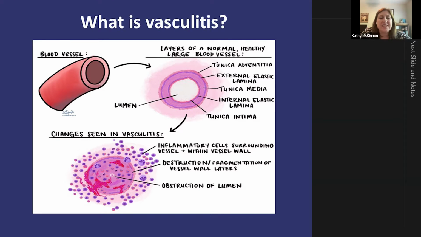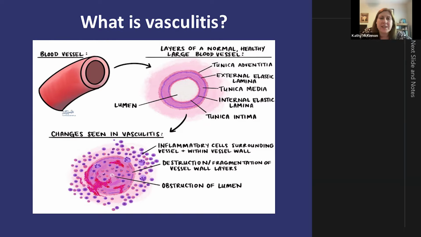So when we talk about vasculitis, itis refers to inflammation. And you can see in the upper part of the slide what a blood vessel should look like. It's a nice round tube. It has a nice wide opening inside the tube, and things that flow through the tube include your cells, white blood cells, red blood cells, platelets, plasma, other things that help in delivery of oxygen and nutrients to the body.